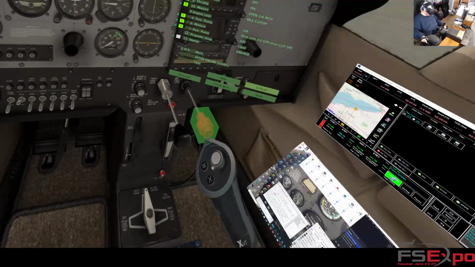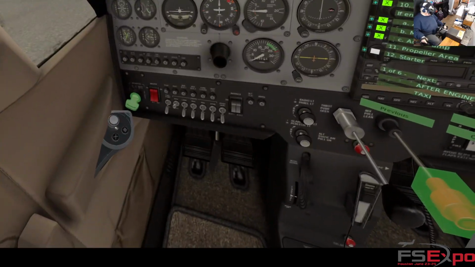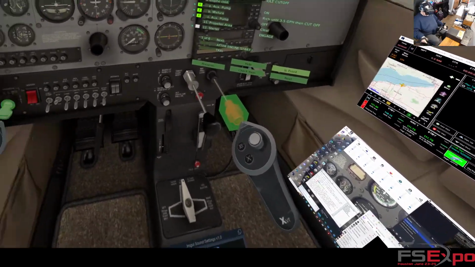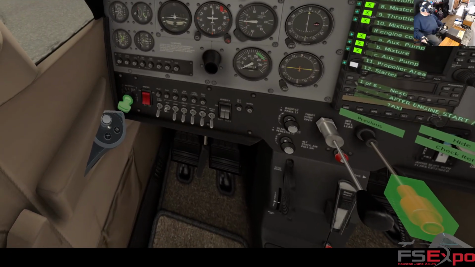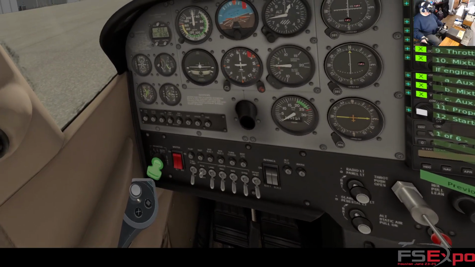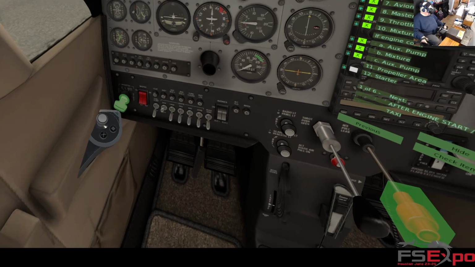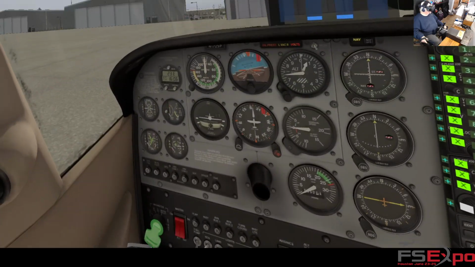One other big difference. Notice I have both of these highlighted. I can't do that in Microsoft Flight Simulator. I can only have one highlighted at a time. So starting a 172 properly